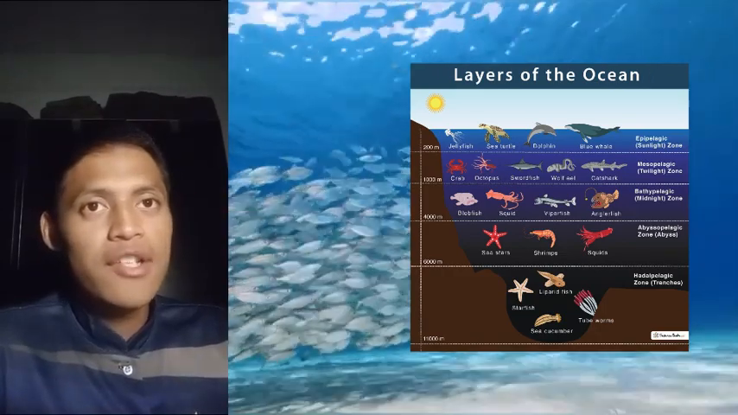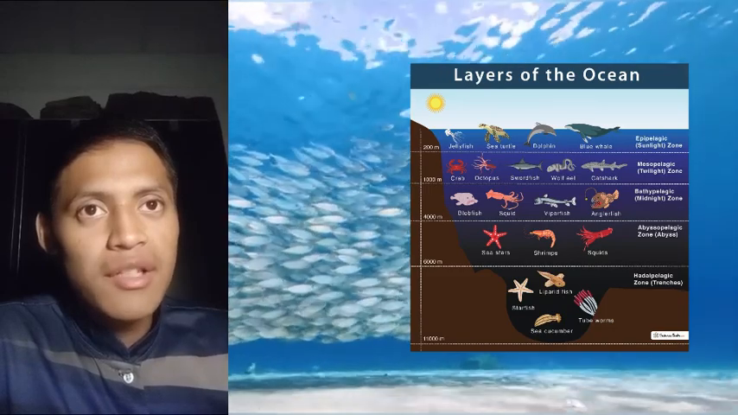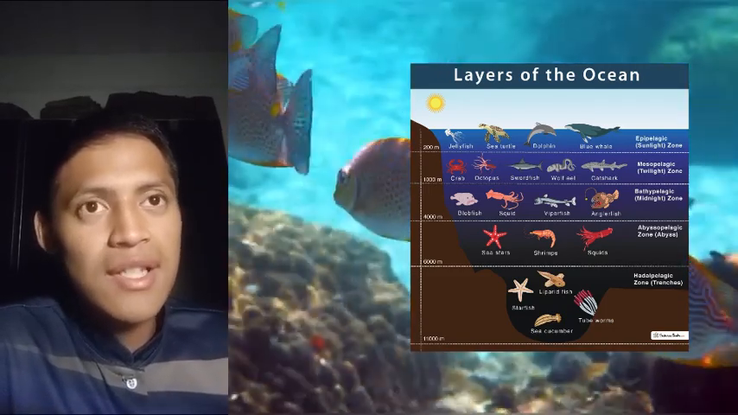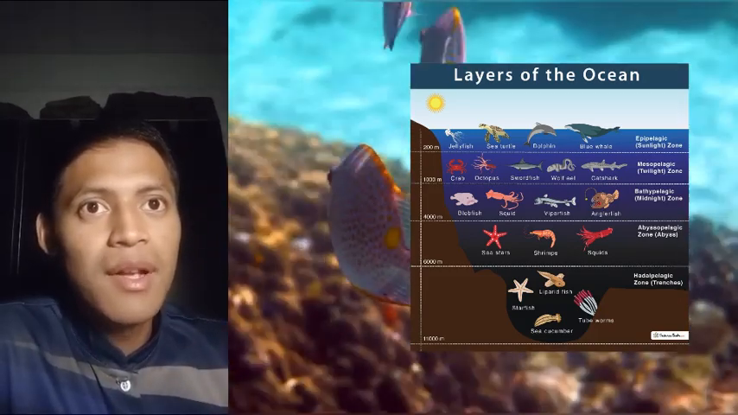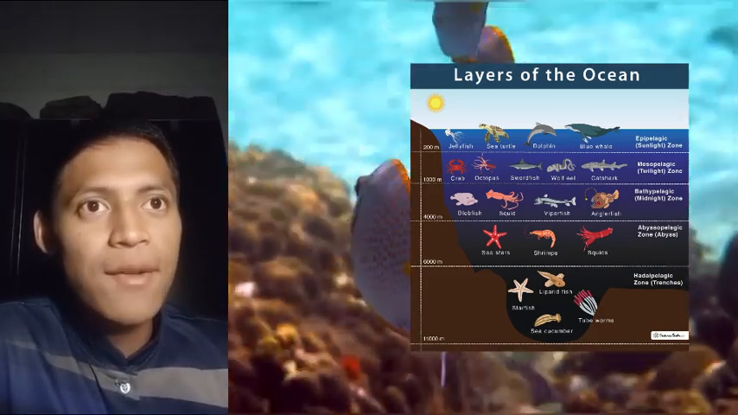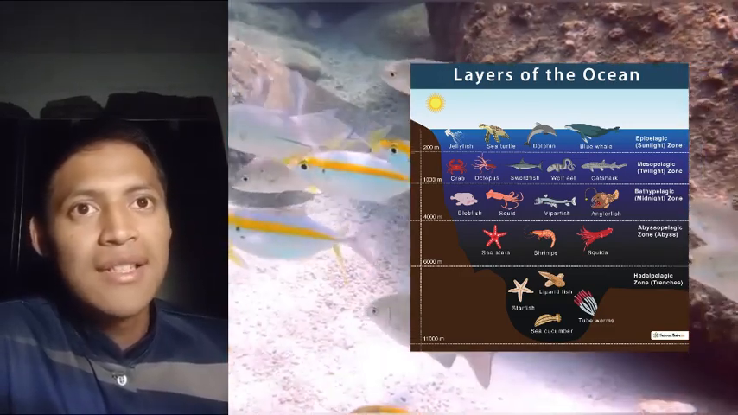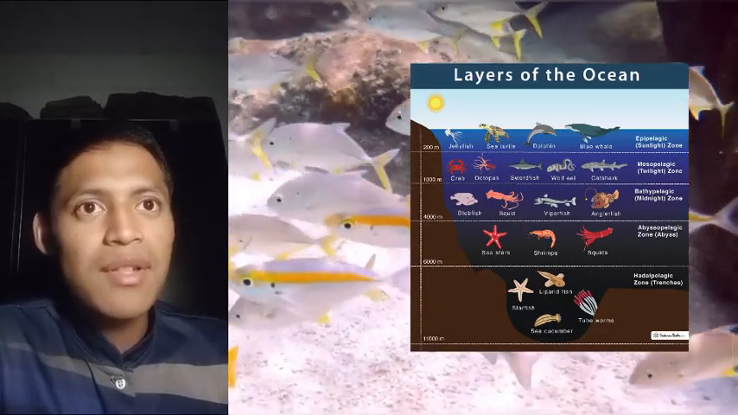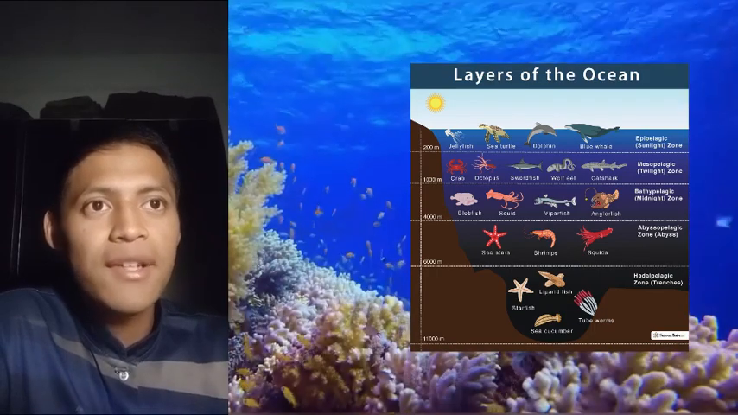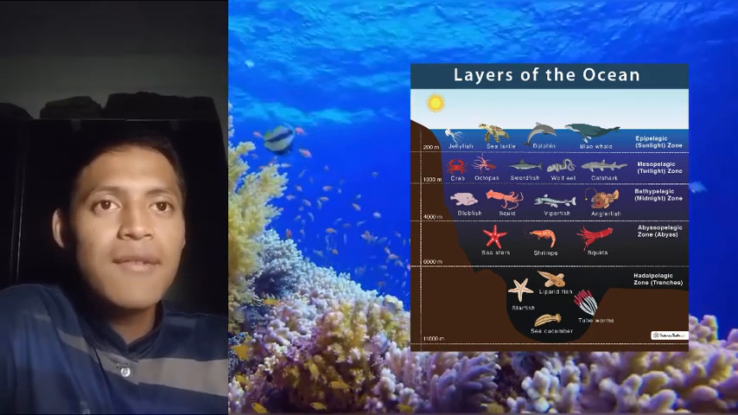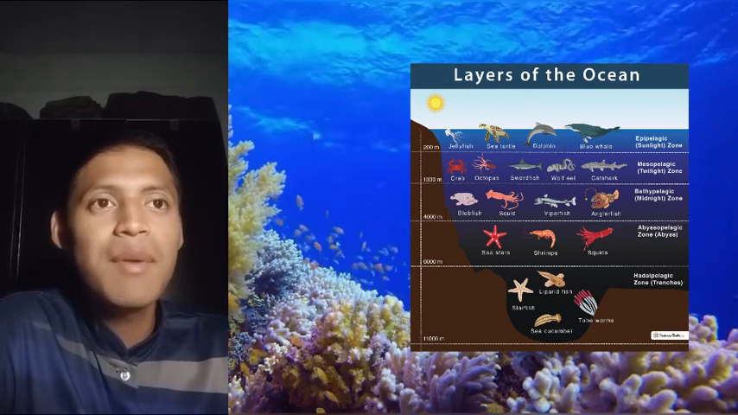Okay, the classification of ocean zones. First, the epipelagic zone, or as you know, the sunlight zone. The depth is 0 to 200 meters. Characteristic: this zone receives the most sunlight and is therefore rich in marine life. Sunlight supports photosynthesis, allowing plants and algae to thrive here. Organisms that live here are phytoplankton, zooplankton, fish, marine mammals, sharks,